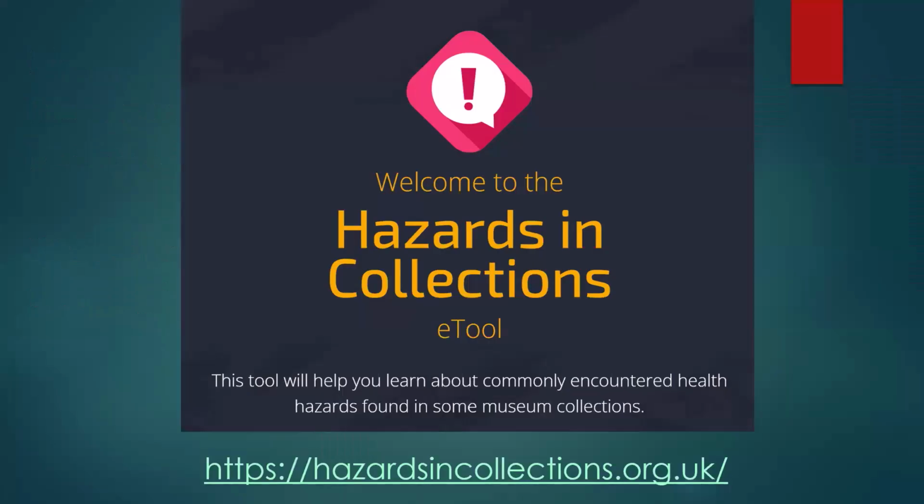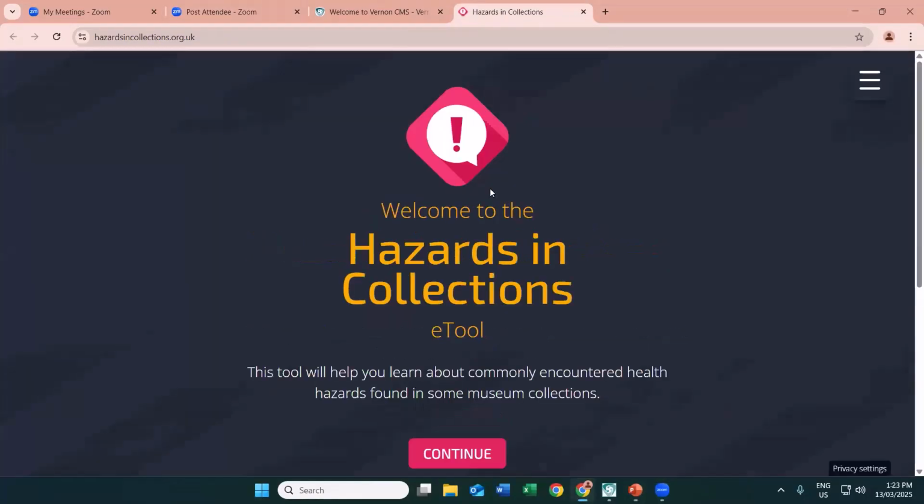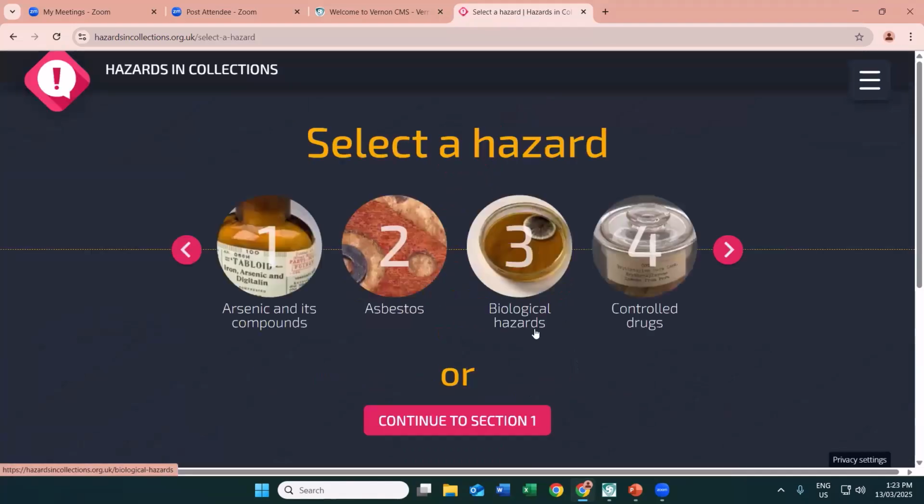So a couple of external resources. The first one here is from the United Kingdom, and this is a guide to hazards in collections. I'll open up that website. It works as just a guide through, allowing you to select common hazards and then step by step walking you through the different considerations about that hazard. So if we go through one example, for example, if we looked at asbestos,